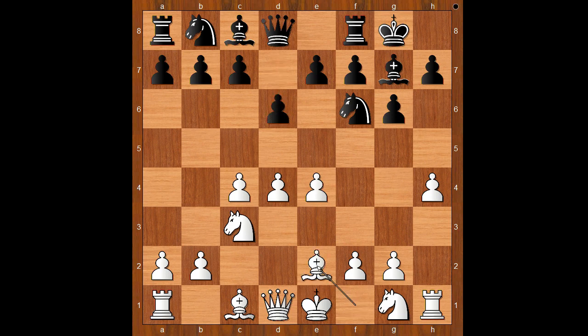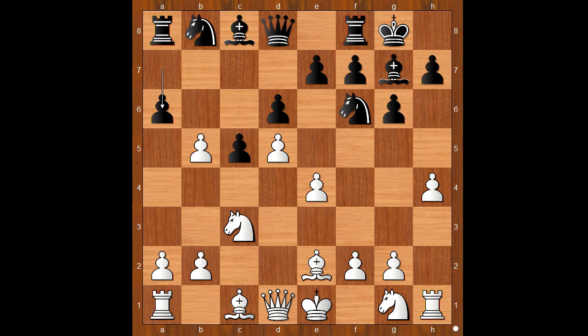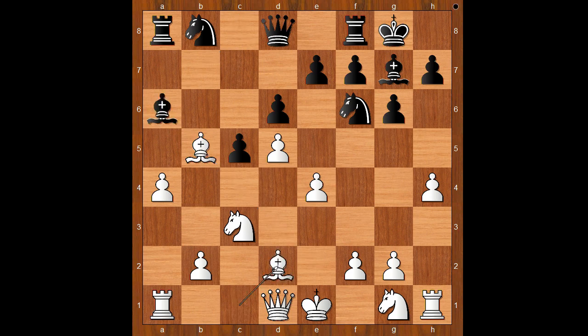d6, bishop to e2, c5, d5, closing the center. This is how the former world champion Petrosian preferred to play against the King's Indian defense. Black to move. Peter Svidler played b5 in the spirit of the Benko gambit. C takes on b5, a6, a4, a takes on b5, bishop takes on b5, bishop to a6, bishop to d2,